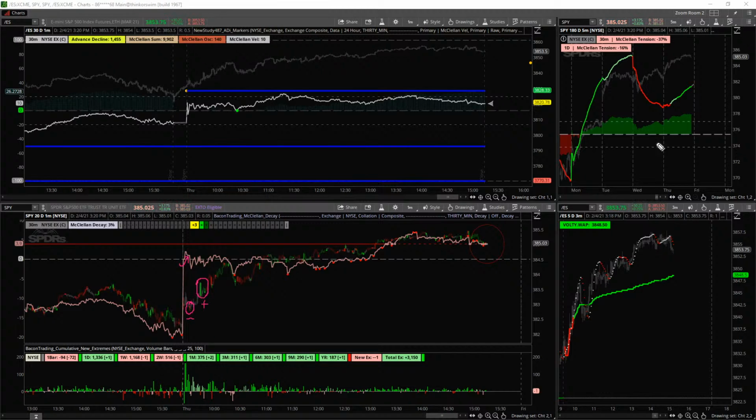The bears failed, and we take a look at tension. You see that the bears actually had a little bit right at the open. They pushed down just a little, but price moved against them. And as soon as the bulls came in, they were able to give just a little bit up and push the market. So then we move forward from there. When things get a little noisy like this, I stop paying attention to signals. This is too much. So everything past the fact that we were up and then went down, I'm not going to pay attention.